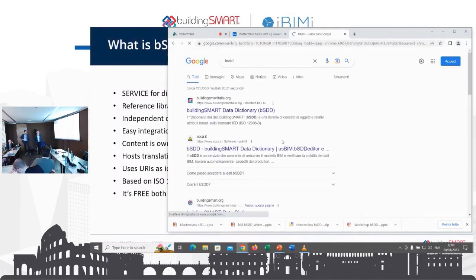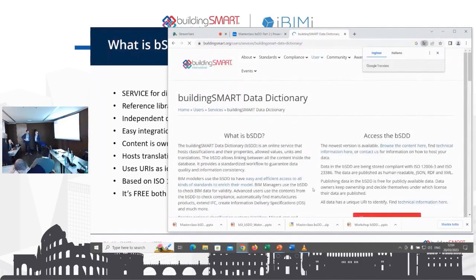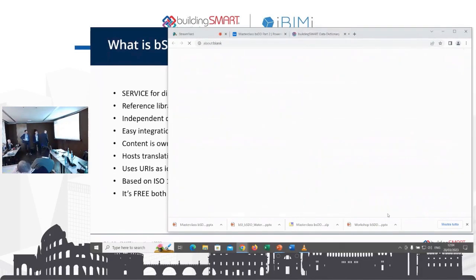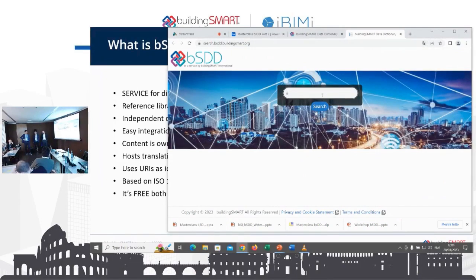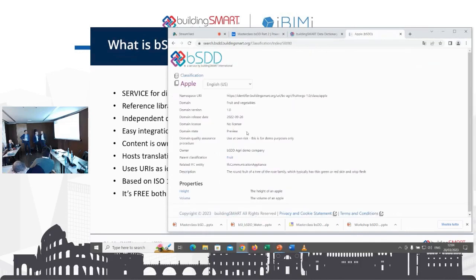So let's just go online. I hope I'm allowed to do that. So if I now go to the search page of bSDD, I can just type apple, and it's actually there. Actually, it's also in eTeam, but I'm talking about this fruit and vegetables domain, which we have to demonstrate how it works. And you can read about apple.